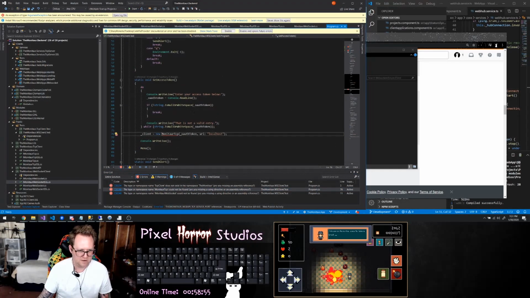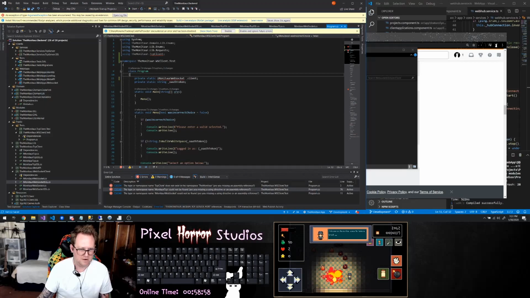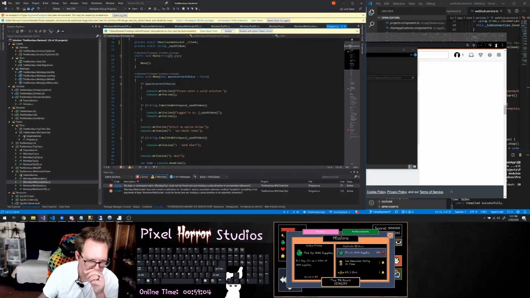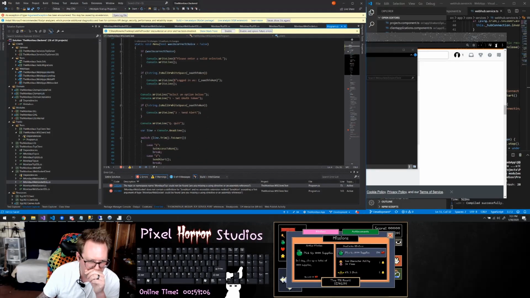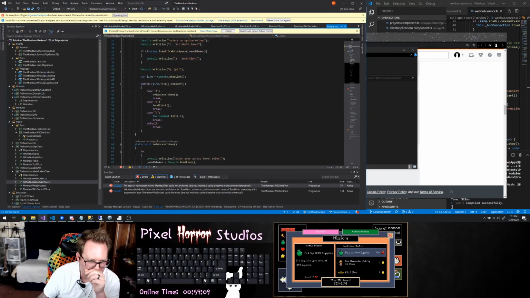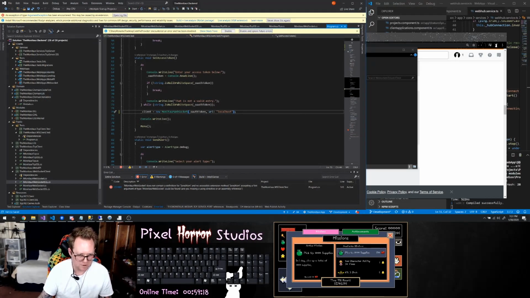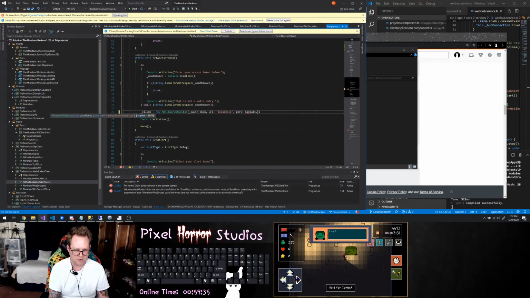Almost done here. So IMonitorWebSocket. And this is now a monitor WebSocket, which is the URL, the URI, and our port. And my port is going to be my globals dot